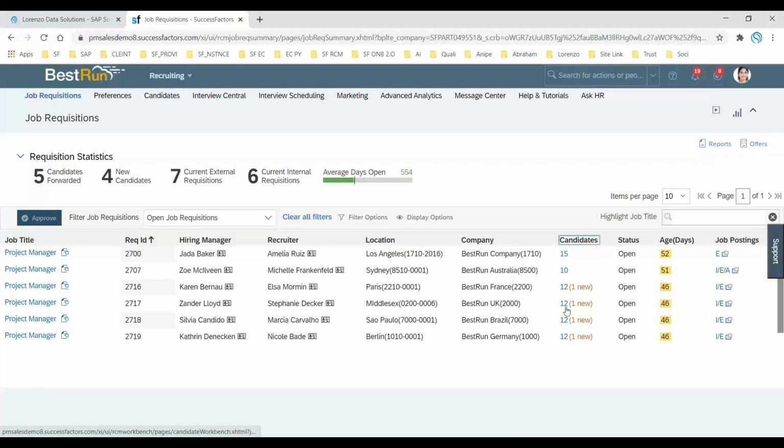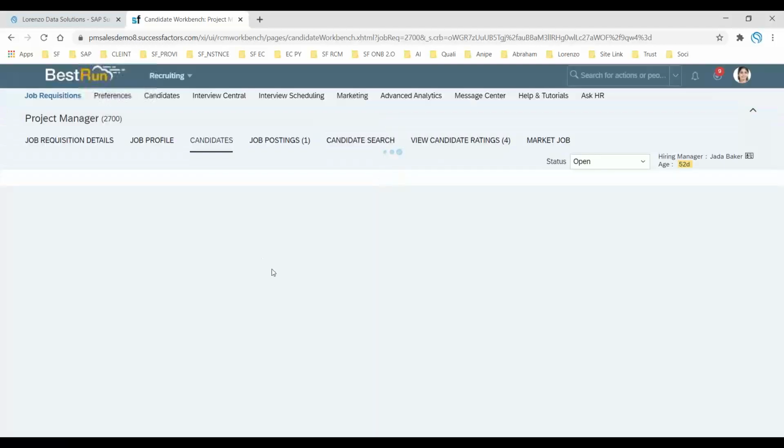Now you can see the candidates who applied for this particular job requisition. When I click on one of the candidates, you can see you are now on the candidates tab.